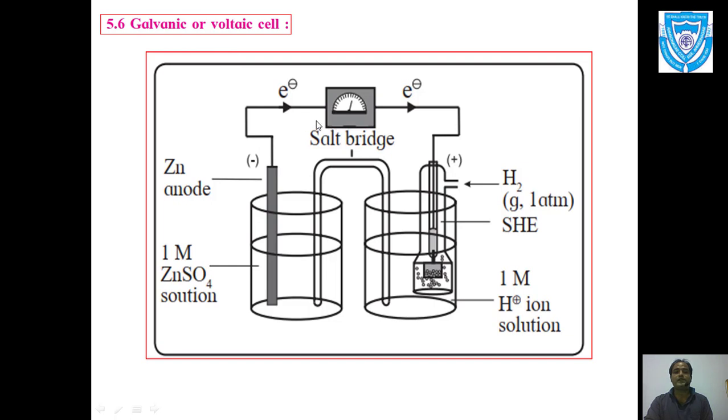And in the previous lecture we discussed electrolysis. In that, electrical energy is converted into chemical energy, but this is the example where chemical energy is converted into electrical energy. That means the generation of electricity by using chemicals. And this inverted U-shaped tube, that is the salt bridge, completes the circuit. Then only the flow of current takes place. So this is known as a galvanic cell, which generates electricity.